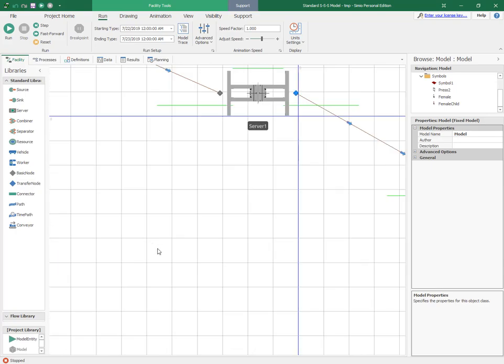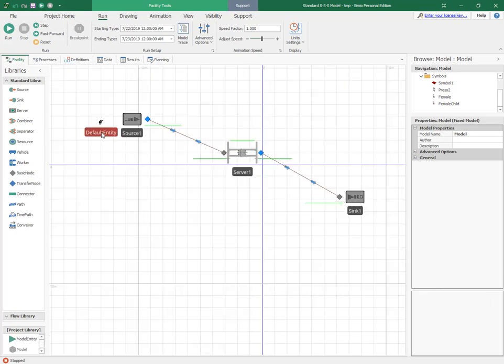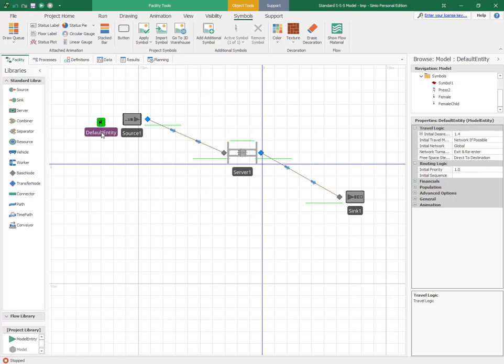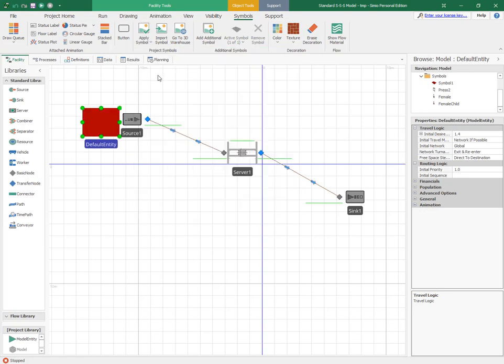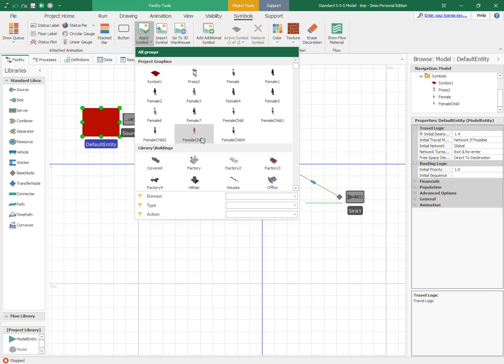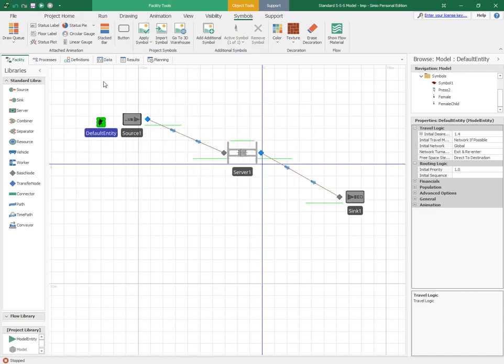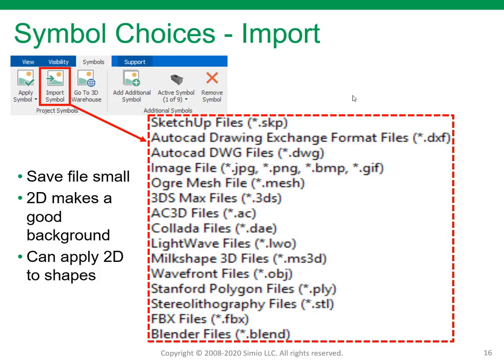One note, however, that I bring up is that when you apply a walking person or an animated person, the models get quite big. So I'm going to go back and undo that, and we could apply the symbol that we just created if we want, or we could go in and have a non-animated or non-walking person in this case. We also have the option to import a symbol, and Simio will import from a whole variety of formats,